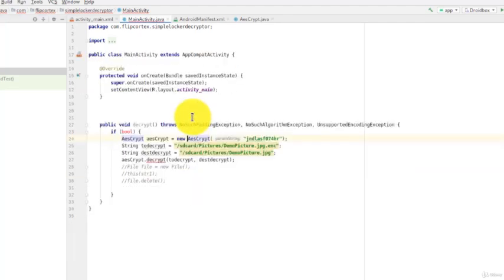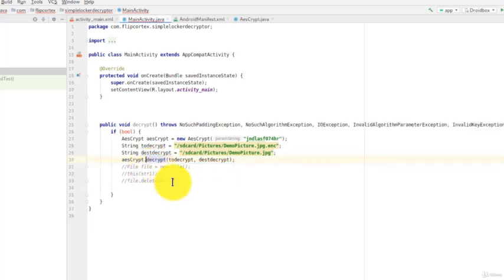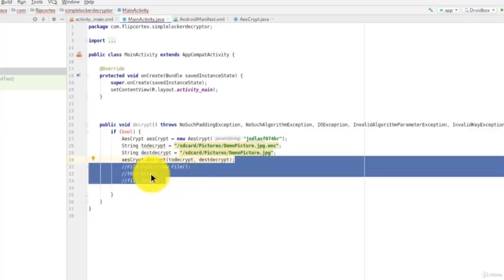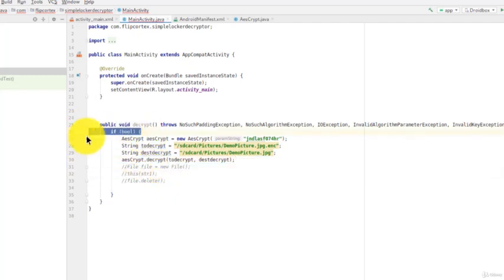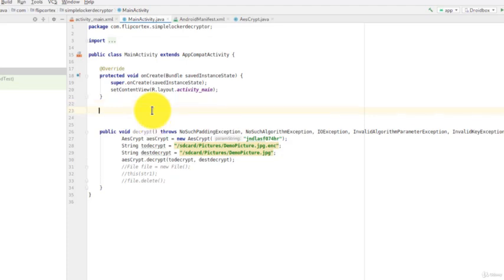Here, we're not going to actually delete the file, but what they're doing is they're actually deleting the old file. We're not going to delete it just in case it doesn't work. So if anything, we test it out with one image, and if it works, we'll start deleting the files. But we don't really want to delete just in case the decryption doesn't work and we end up encrypting the file even more and make it unrecoverable.